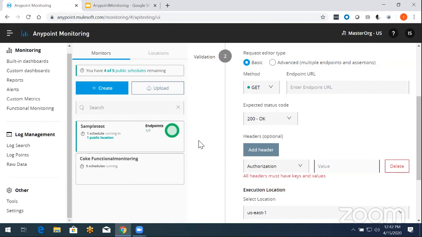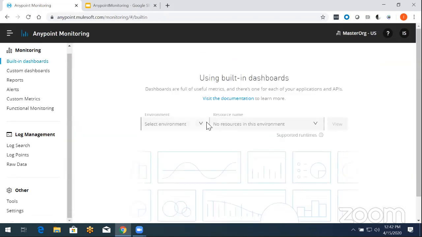We have another question from Mukund: how to monitor how much percent of vCore is used by a specific API or a flow? There is a built-in dashboard for that. So for example,